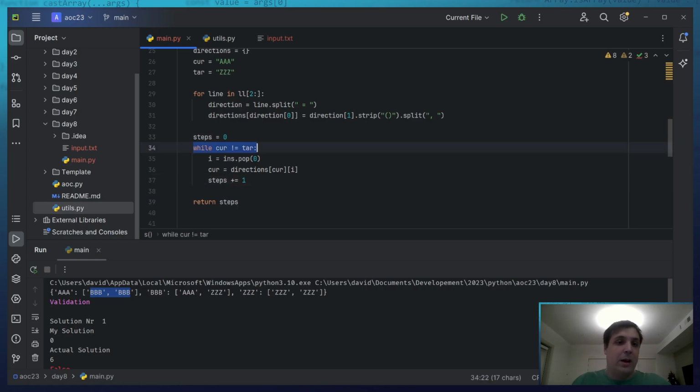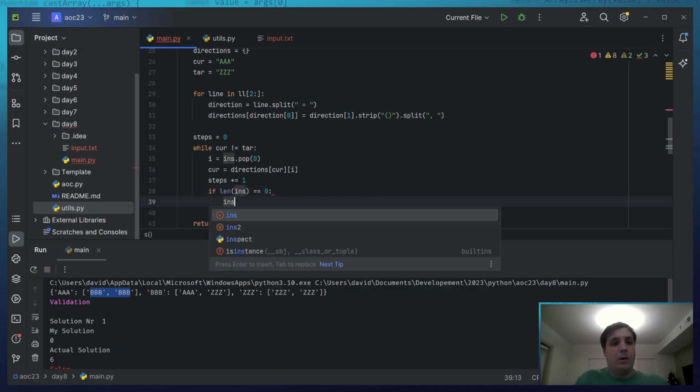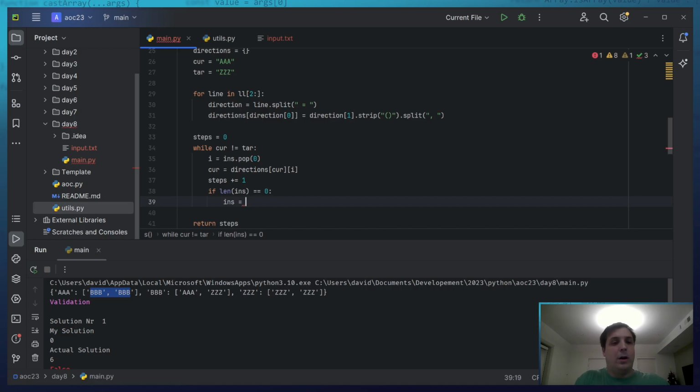Now it's going to check here, hey, have we actually done it? Then cool. Now I also want to make sure before we go to the while loop that we sort this instruction out. So if the length of ins is equal to 0 because we have just emptied it, well, ins equals ins2.